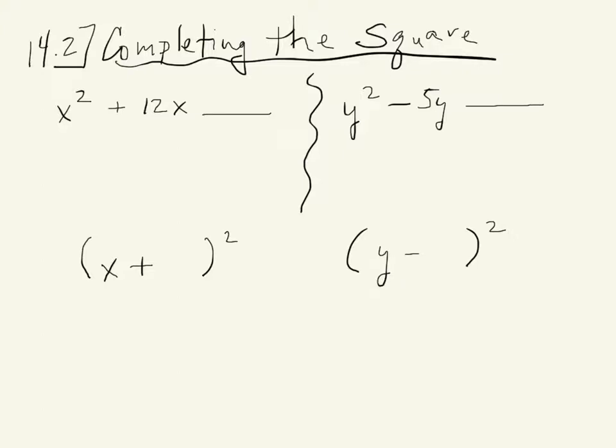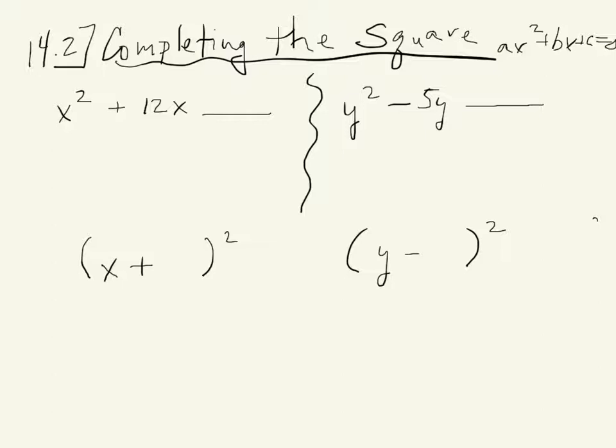So we're in chapter 14, it's all about quadratics, and you know quadratics to be stuff like this: ax squared plus bx plus c equals 0. Okay, you've solved them before, way back in chapter 8. We used them in 9 a little bit, and we factored and did some things. The first day we showed you the square root property, and today we're going to show you completing the